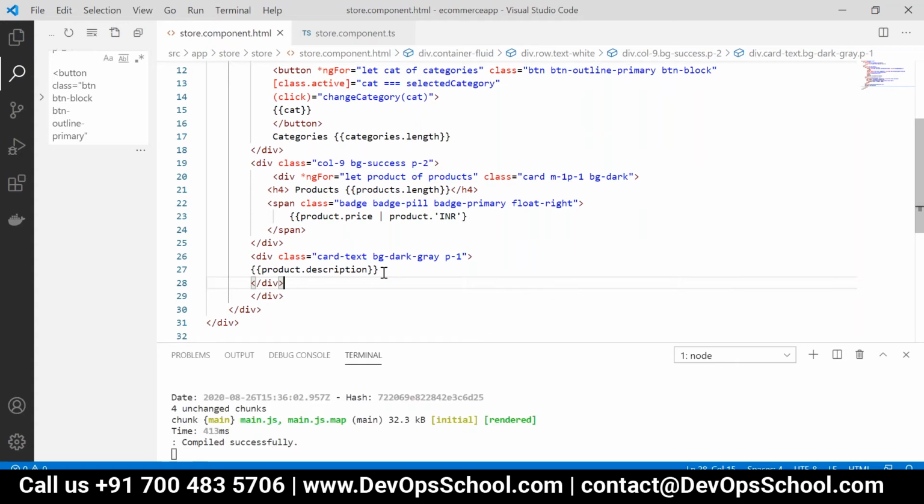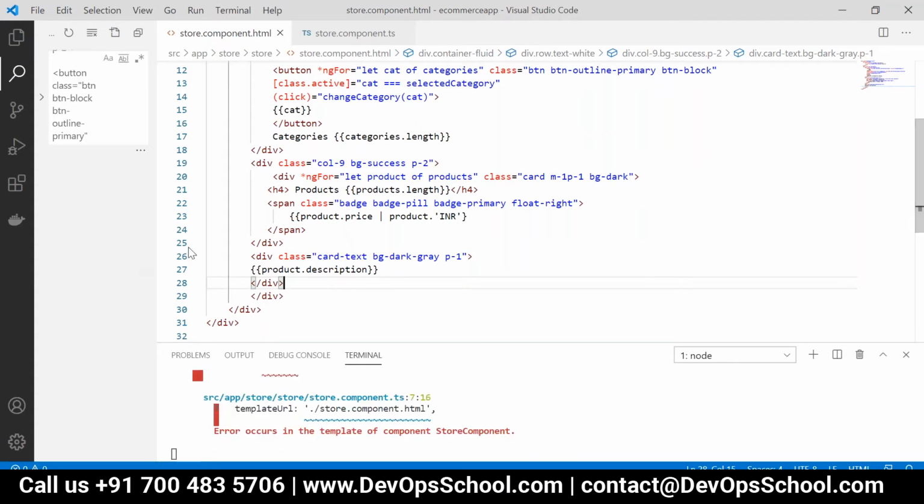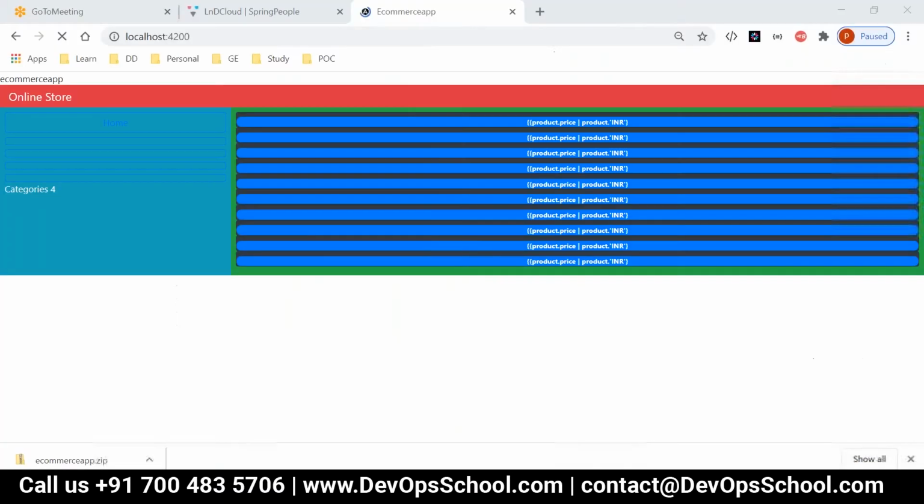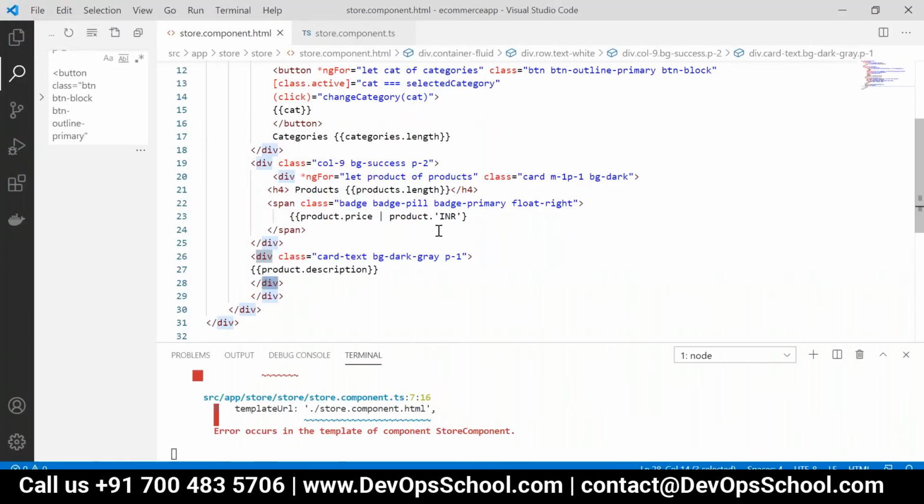Yeah, just save and check in your console, like in the browser. Yeah, it's just coming across. Okay, just go back to your code. You have to close an H4 also after the span, after the whole span.